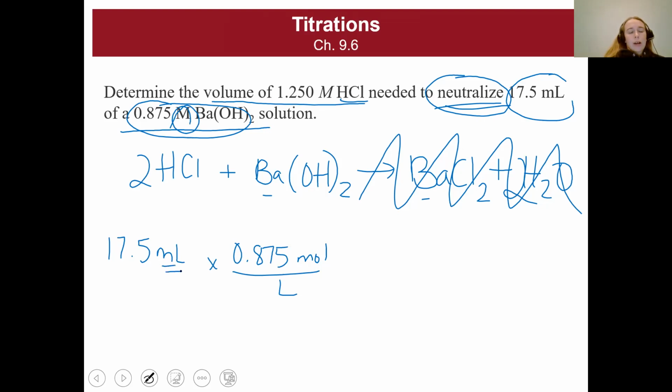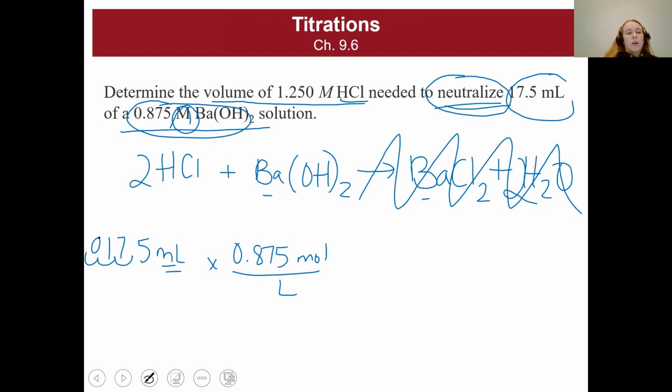If I convert to liters, you should know how to do this by now, but I'm going to move my decimal point over 3 places because that is what you'll get if you plug it into your calculator. Totally fine if you have to plug it into your calculator. Whatever works for you. Don't get stressed out by how to solve it. Just do it. So it'd be 17.5 times 10 to the negative third in your calculator, and you would get